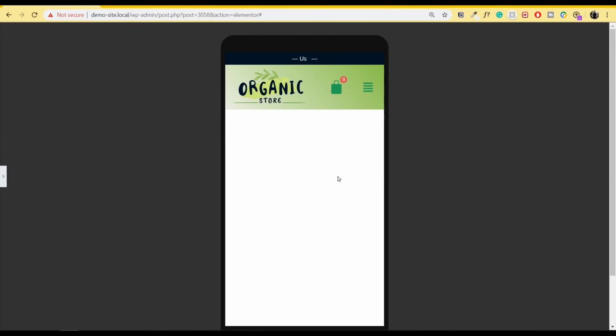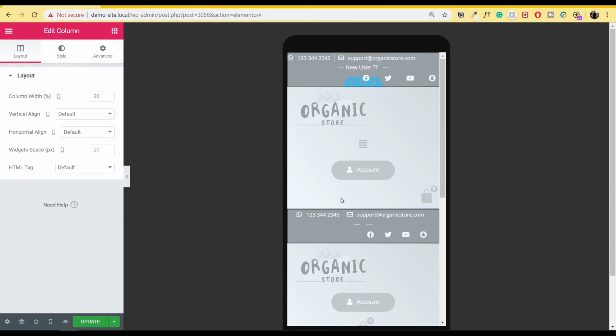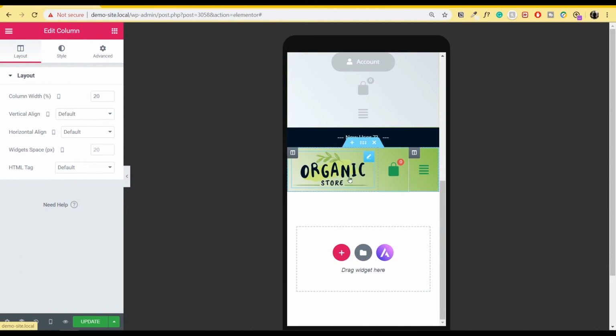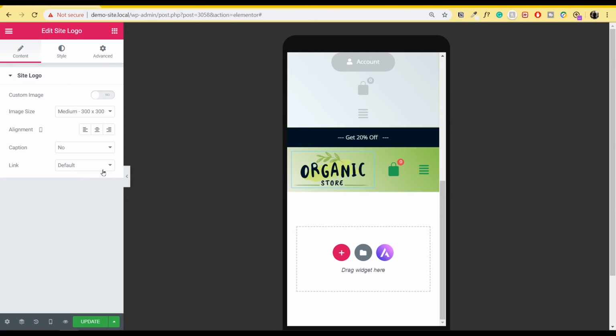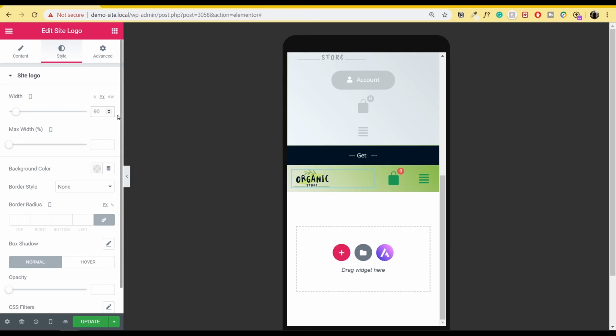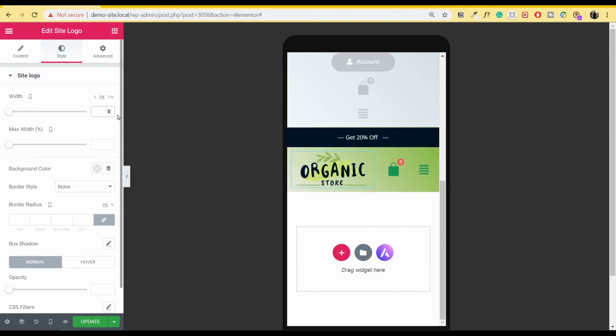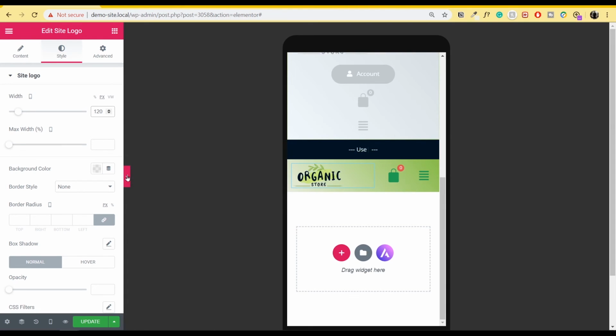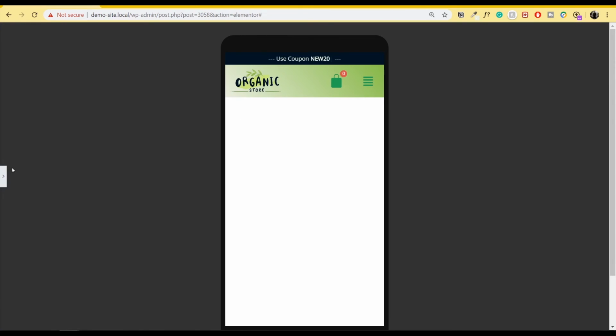So if I hide it right now, you can see it's looking okay, but we want to decrease the size of this site logo. So what I'll do is just click on edit site logo, go to style and change the width again from percentage to pixels, and I'll change it to say 90 pixels, or that's too small, so I'll put in 120. So if I hide it right now, you can see it's looking very nice.